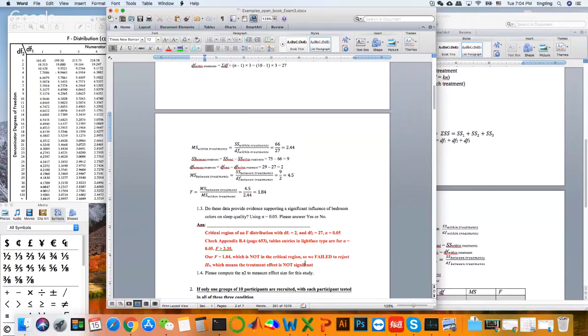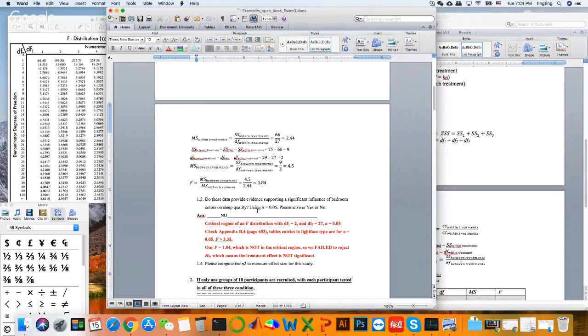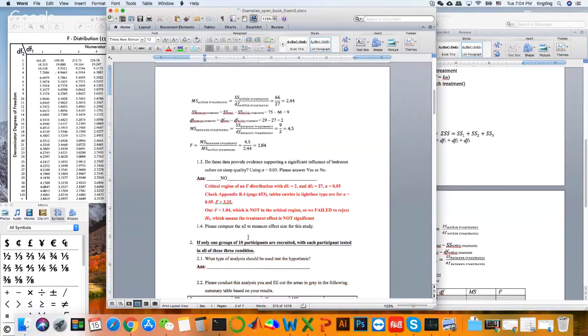Let me see now. So the answer here: not significant, right? Please compute the eta square to measure the effect size. Effect size is the proportion of variance that can be explained by the treatment effect. So here you just check your book, the effect size,